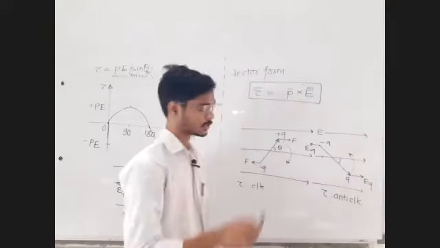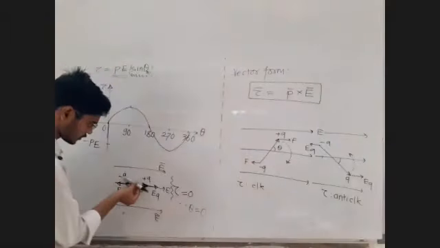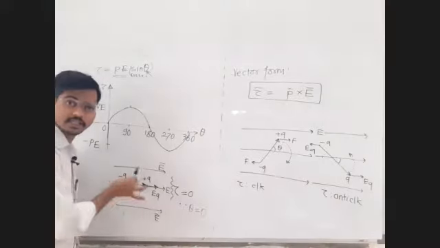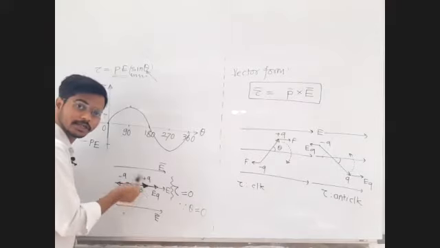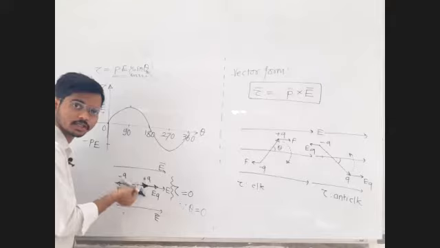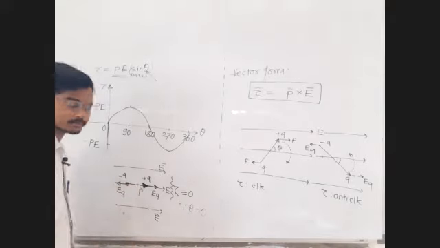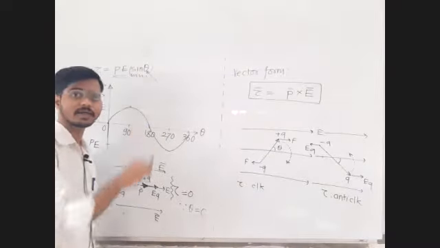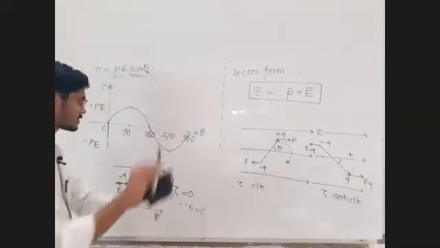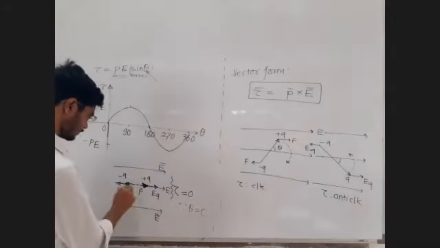It can perform oscillations. You just displace the dipole and leave it, and it will start oscillating forever and ever, if there is no friction and no dissipation of energy. For small angle theta, sin theta equals theta, and we can take that as angular SHM. We will discuss that later. First, try to understand this.